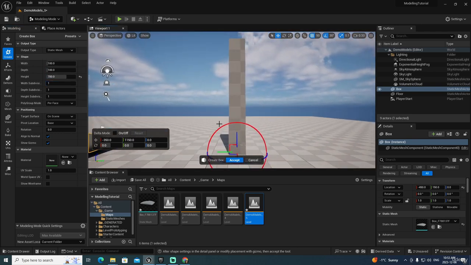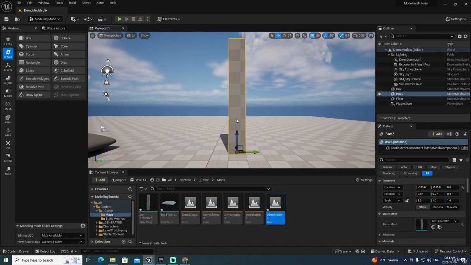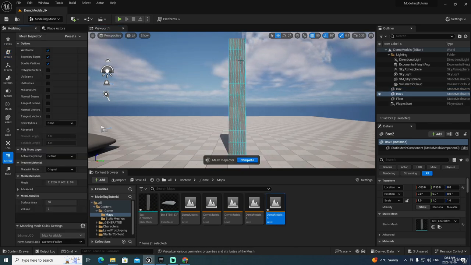Okay, great. And the other thing I want to add, because if not, this warping is not going to work, I wish to add some subdivisions for this object. And instead of using one, I'm going to use 10 subdivisions for every side, for every axis, and accept. If we check the attributes of the object, you can see how the mesh is designed and how the